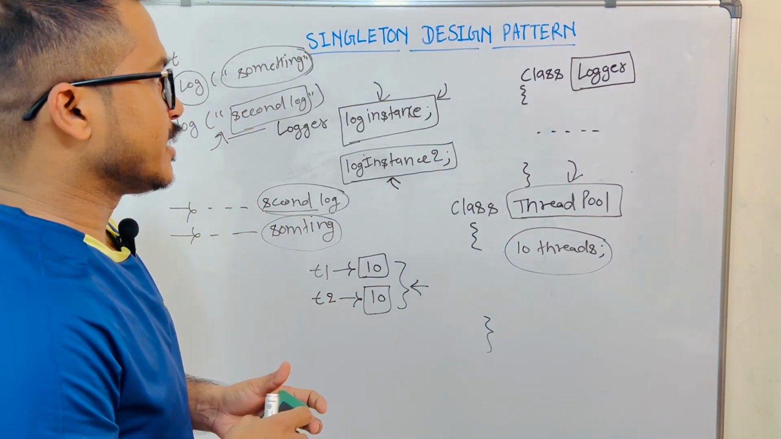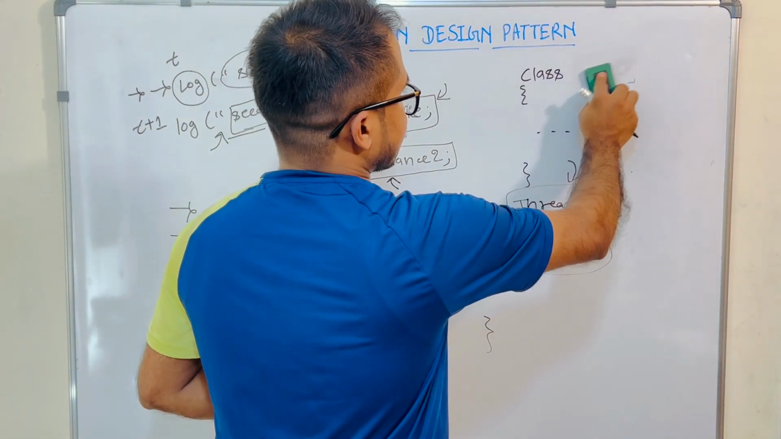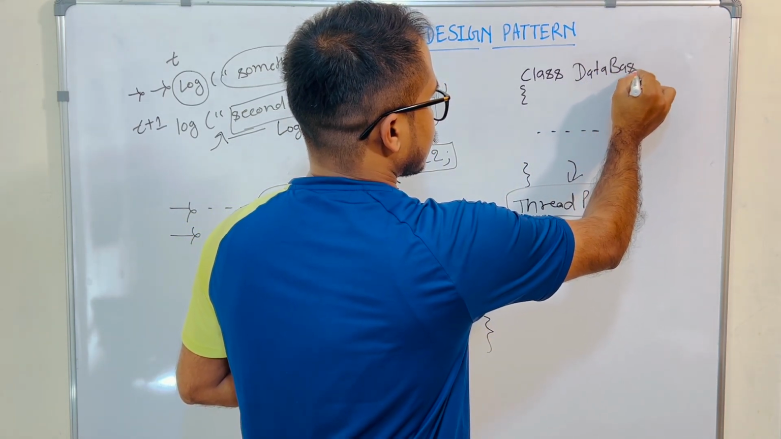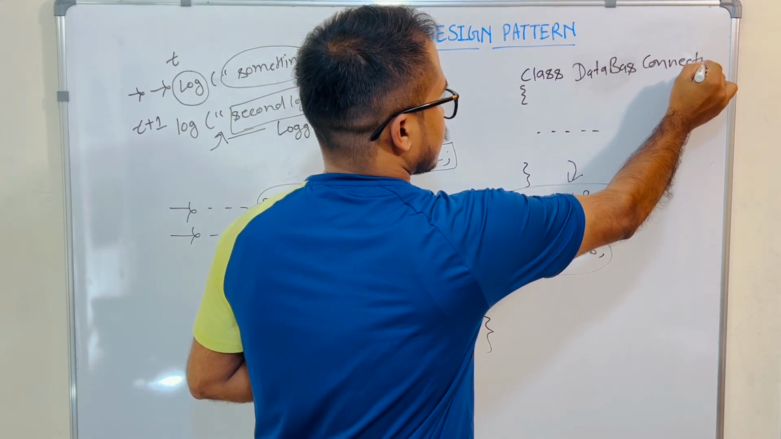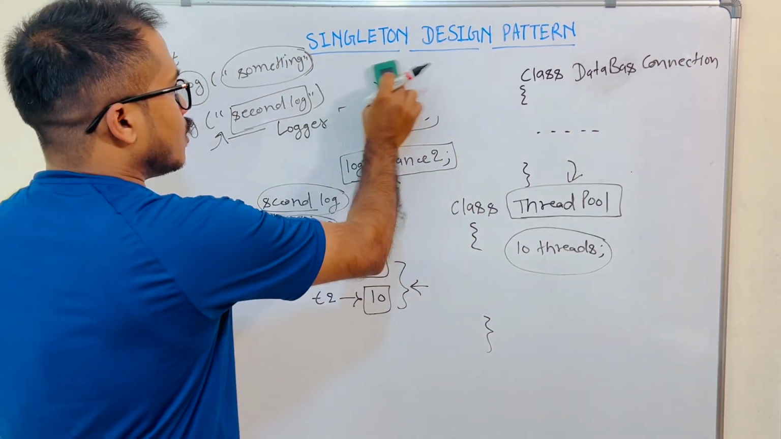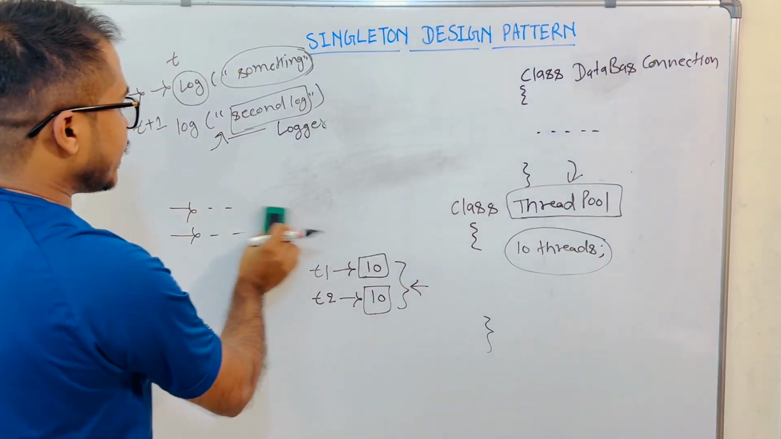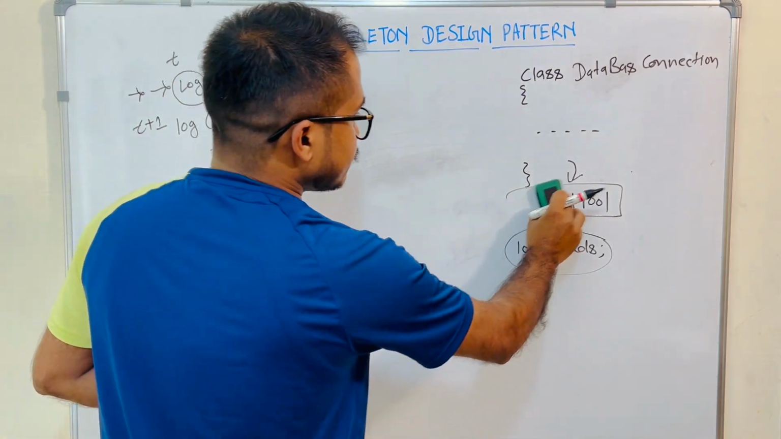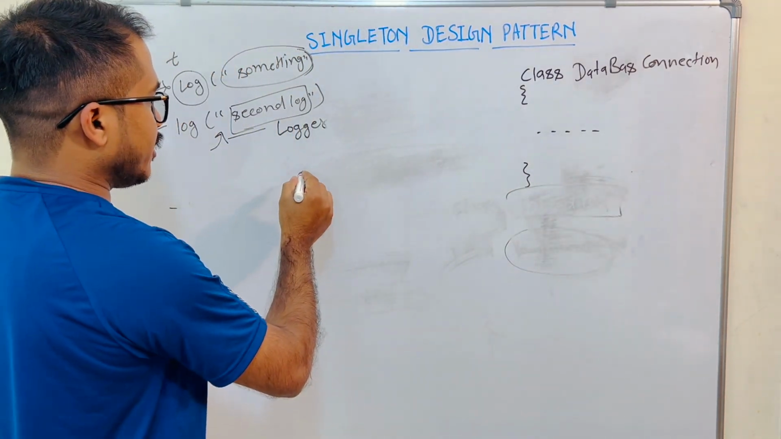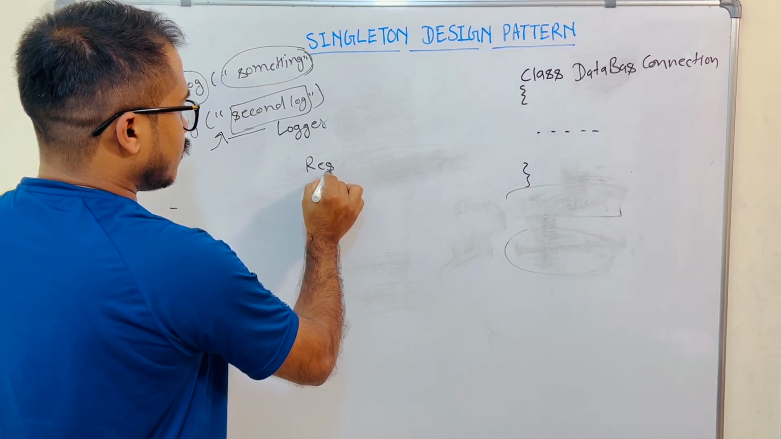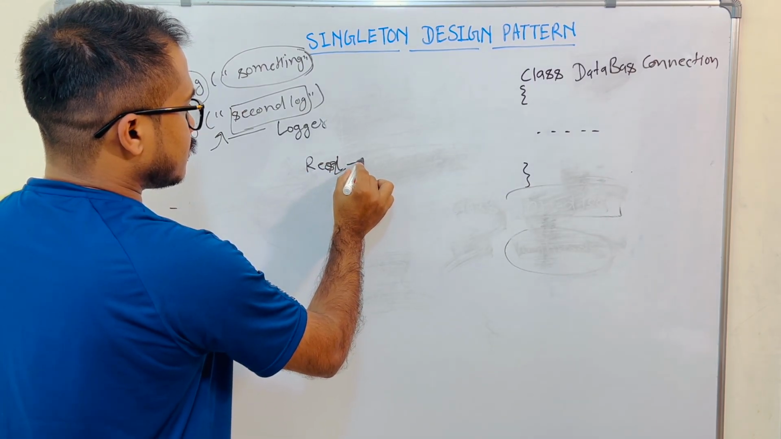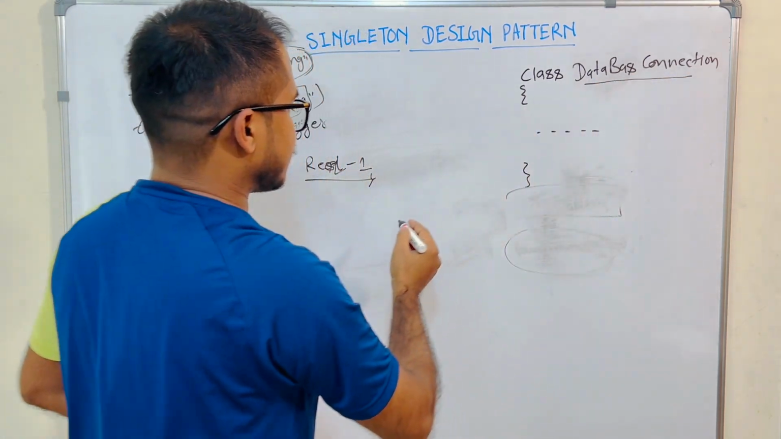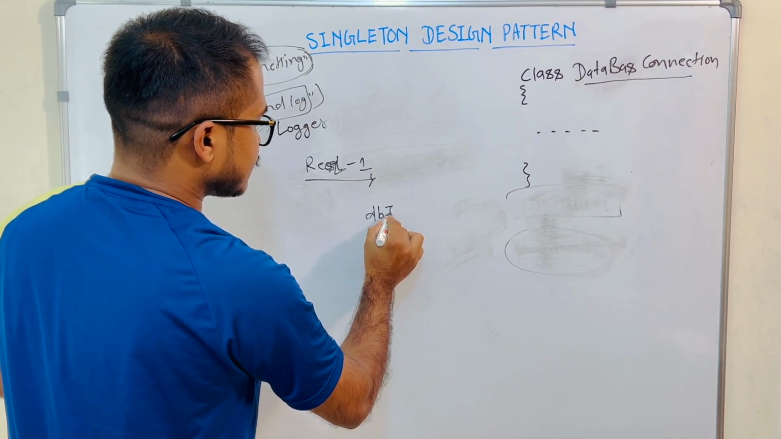Another example I can take is, for example, database connection. Database connection is a very expensive operation. When you try to connect to the database, you make a connection. So let's say there is some request 1. When the first request comes, at that time you will create the instance of this database, let's say DB instance,